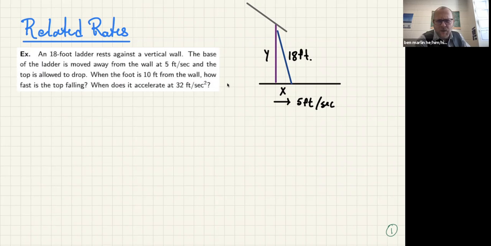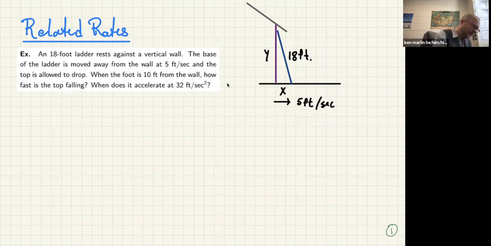And then there's the other question that may seem weird, but I'll show you why it's not that weird. When does the acceleration for it hit 32 feet per second squared? Okay. All right. So taking a look here at what we're doing,